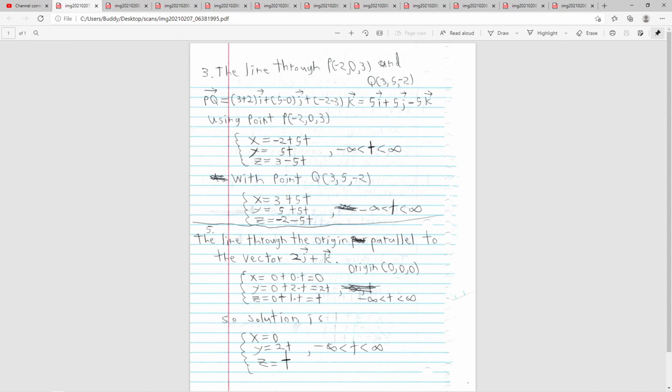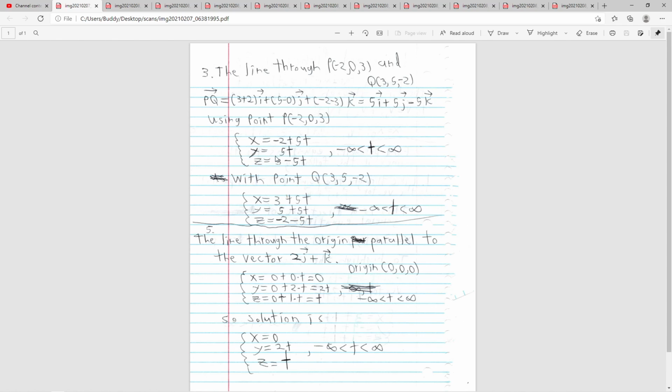So the line through the point -2, 0, 3, and the point 3, 5, -2. Here you just have to form a vector and use one of the points. Well, you can use both of them to show it. If you do some math, you can show that these are exactly the same. These 2 lines will be the same. The parametric equations are the same, but just to look at it, we'll do both points. Basically, in this case,